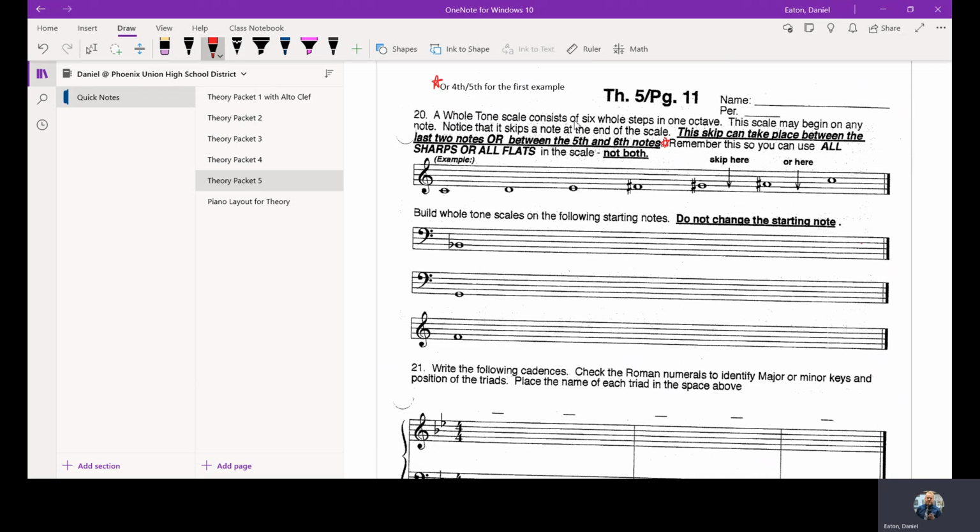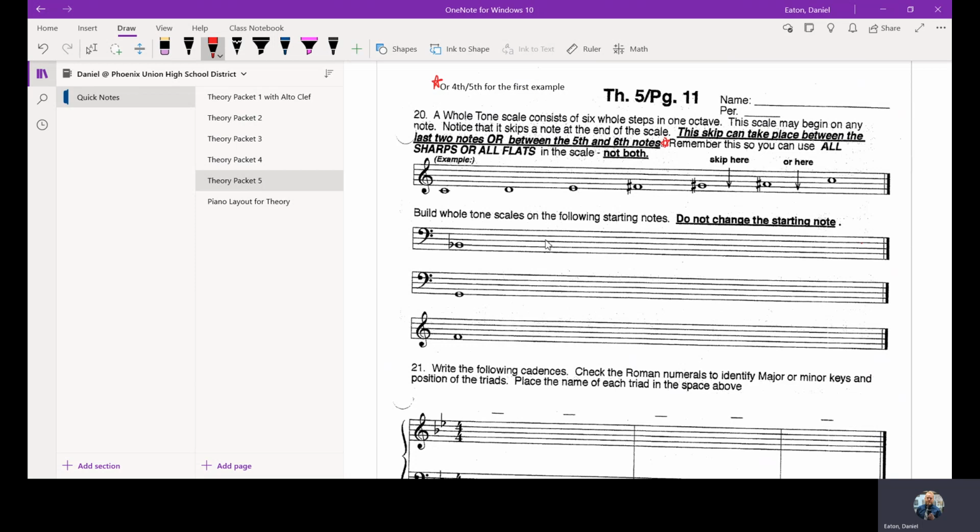A whole tone scale consists of 6 whole steps in 1 octave. This scale may begin on any note. Notice that it skips a note at the end of the scale. This skip can take place between the last 2 notes or between the 5th and the 6th notes. And I have a little thing here that says or the 4th and the 5th for the first example. So I'm going to show you